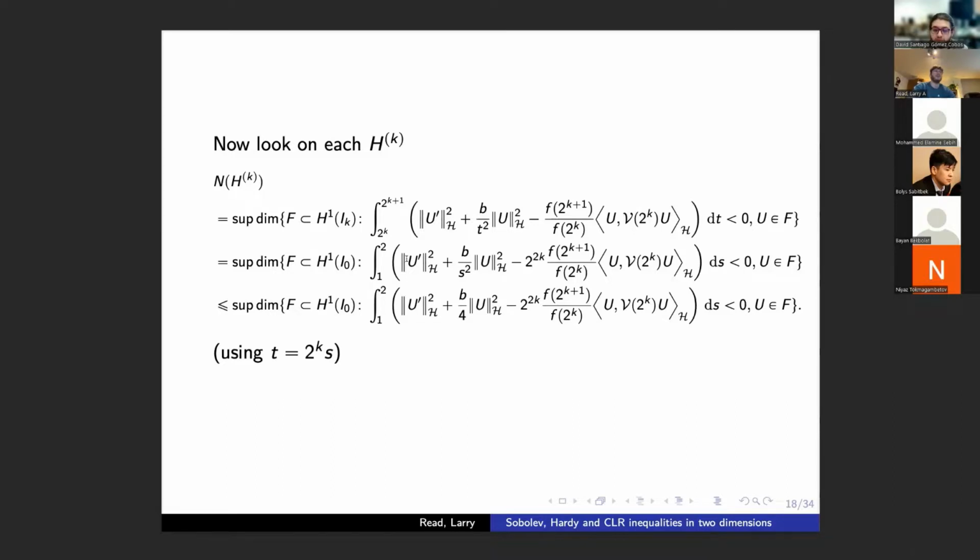Also, I have a question about this. When you choose 2^k, is it because of dyadic decomposition? Why do you choose 2? No, you don't have to choose 2. You can choose any. When we compute the optimal constant, we compute it with any a greater than 1, a to the power of k.